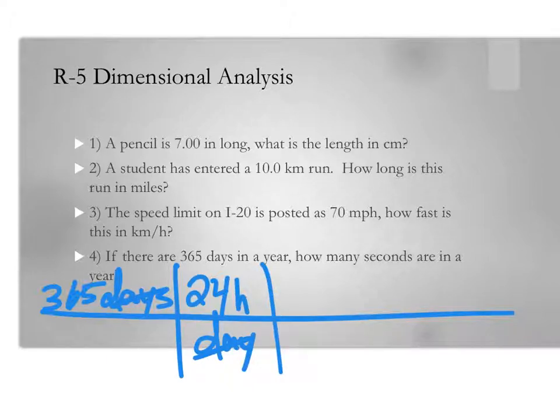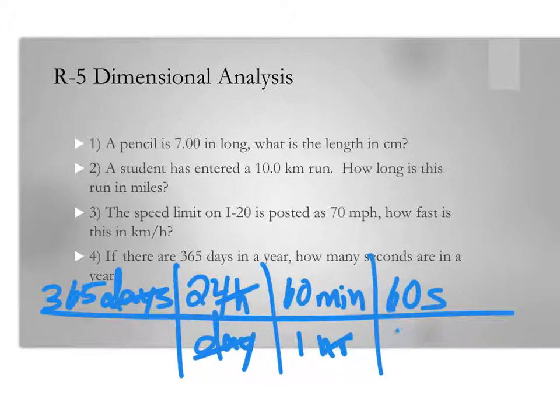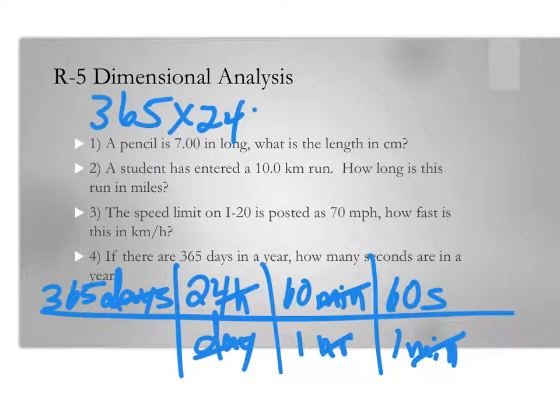Then we need to convert hours to minutes, and there are 60 minutes in an hour. Hours cancel. And then there's 60 seconds in a minute, and your minutes cancel out. So what we end up with is 365 times 24 times 60 squared, and that comes out to